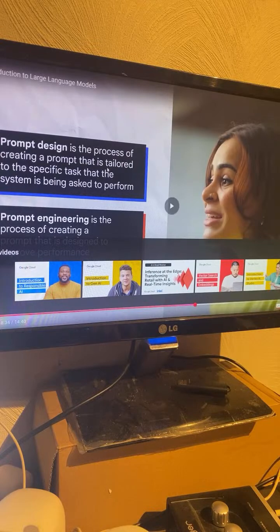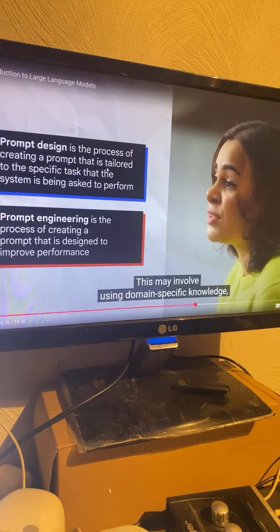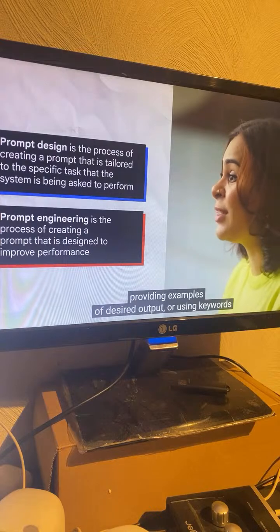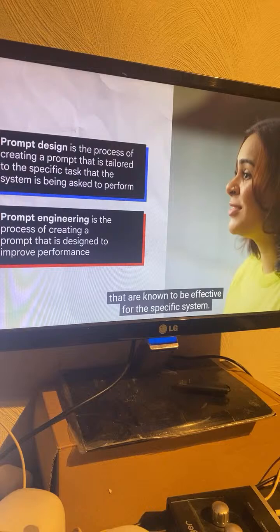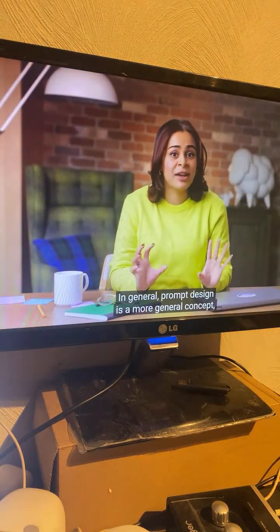Okay, give me an example. This may involve using domain-specific knowledge, providing examples of desired output, or using keywords that are known to be effective for the specific system. In general, prompt design is a